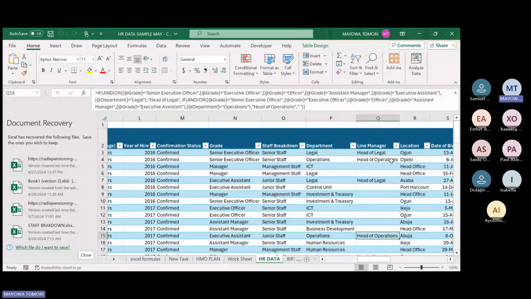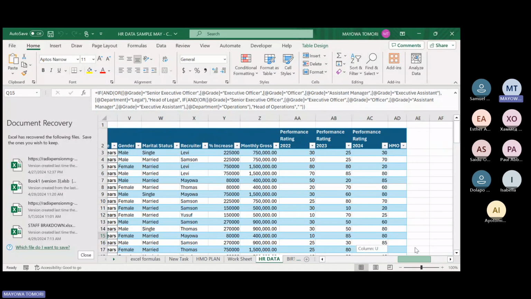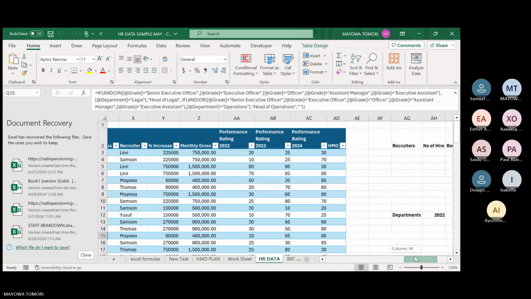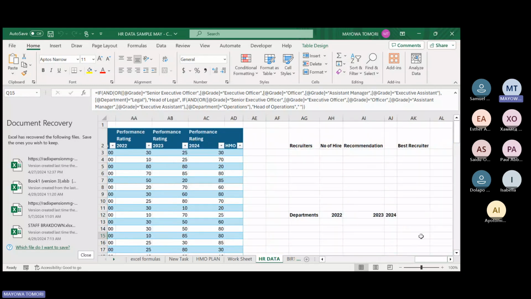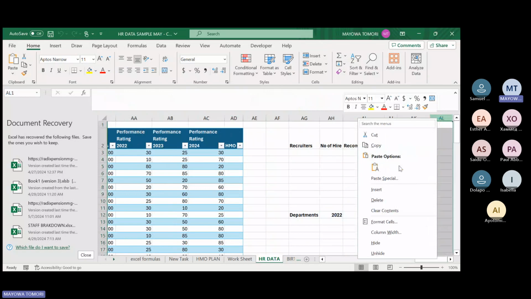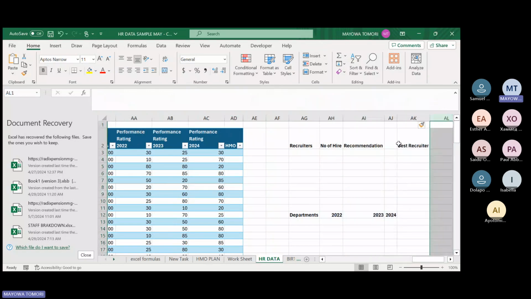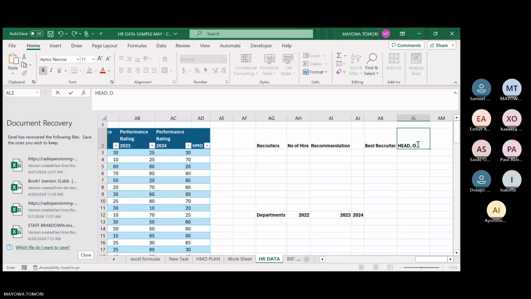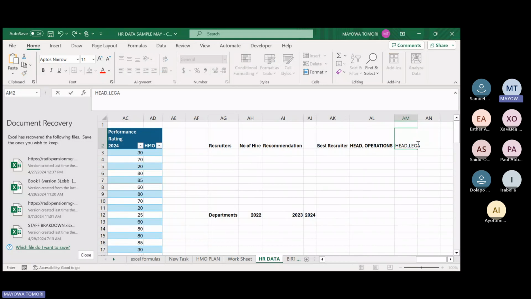Okay, so we have that already. So what you can now do is, if you want to say, okay, how many people report to the head of legal, operations, right? You can now use the COUNTIF formula. So let's say we want to just find out those that report to the head of operations, those that report to the head of legal. Now let's just name this cell here, head operations. I will name here head legal, right? And I'll say count,